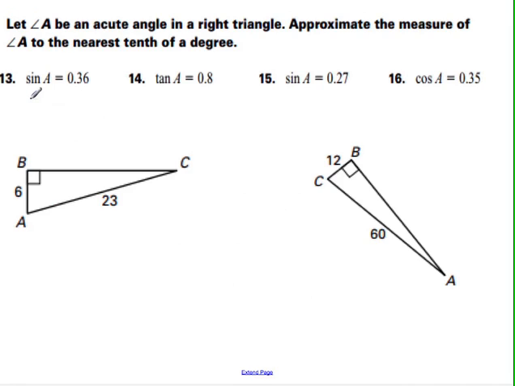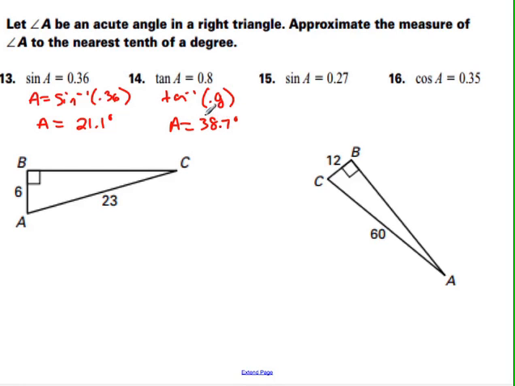Similarly, if we're going to use this, we could say that A is going to equal the sine inverse of 0.36. What that would do for us is give us the measure of angle A to be 21.1 degrees. Similarly, this would be the tangent inverse of 0.8. That would give us that A would equal